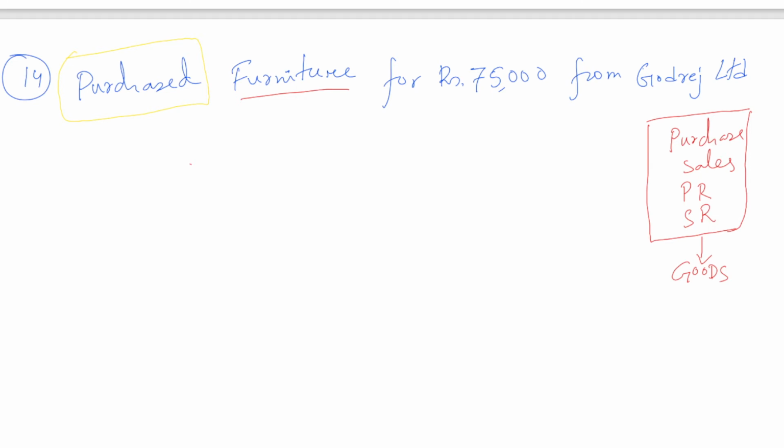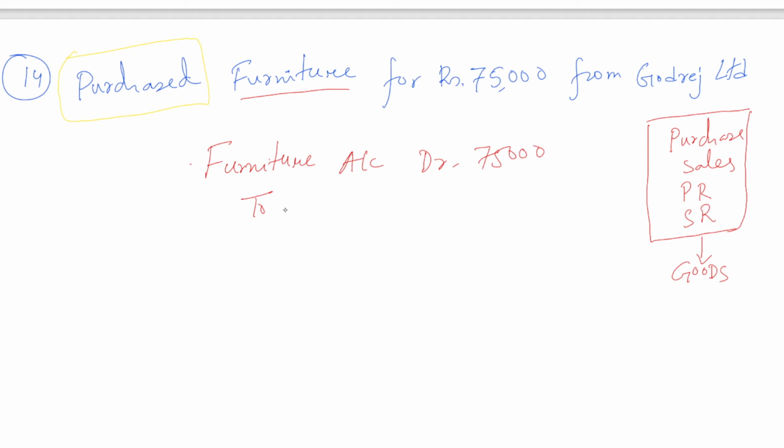In this case, it is not goods, it is simply an asset, meaning it is furniture. It is just an asset. So we'll just name this particular item as furniture account. Furniture account, debit 75,000